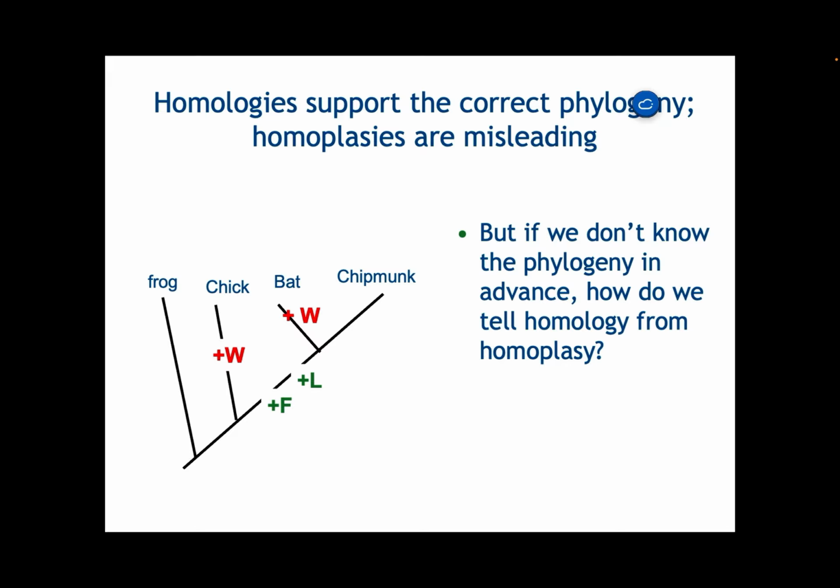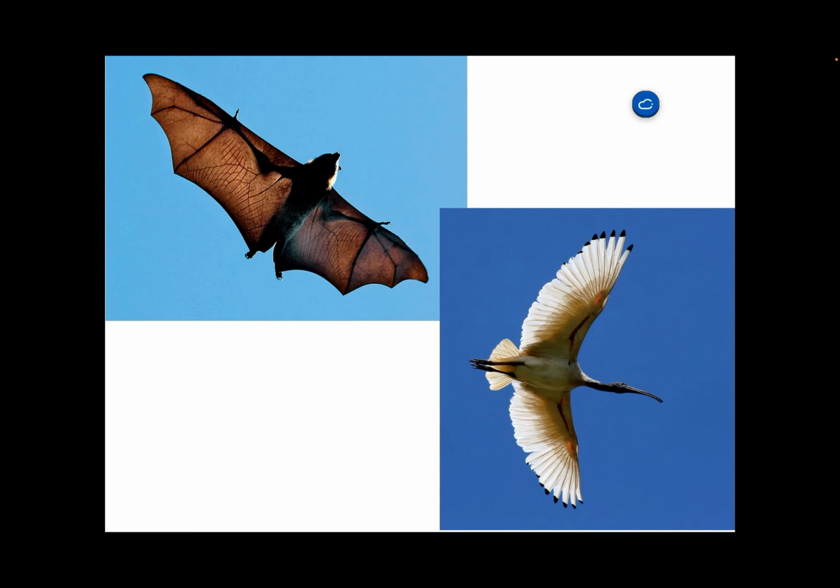It's more difficult to recognize whether similarity reflects common ancestry or convergent evolution if you don't know the phylogeny already. So if you don't know the phylogeny in advance, are there ways that we can recognize when similarity might reflect convergent evolution instead of common ancestry? Sometimes yes. Sometimes there are pretty good tells. So especially for morphological or structural traits, like the wings of a bat and the wings of a bird, superficially in the shape of these structures, they look pretty similar. And in the function, yes, they do the same things, but they may actually be made out of different underlying